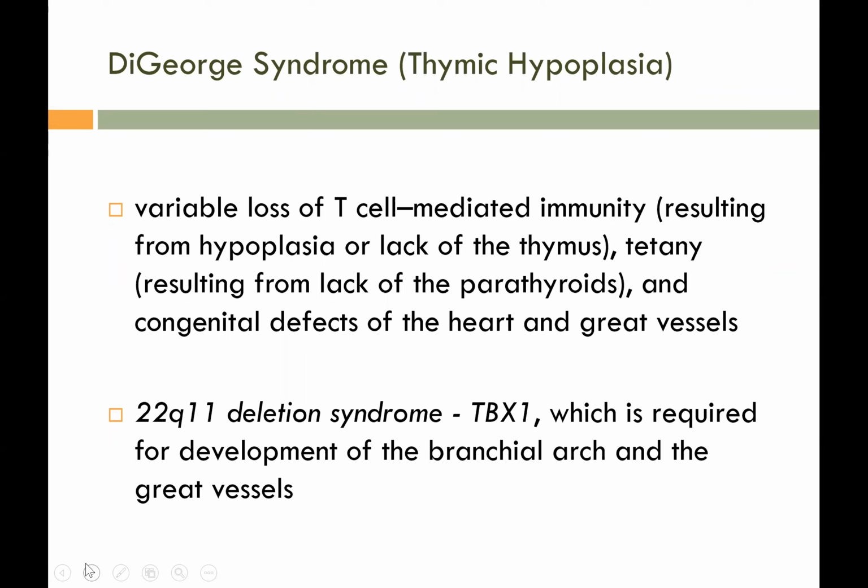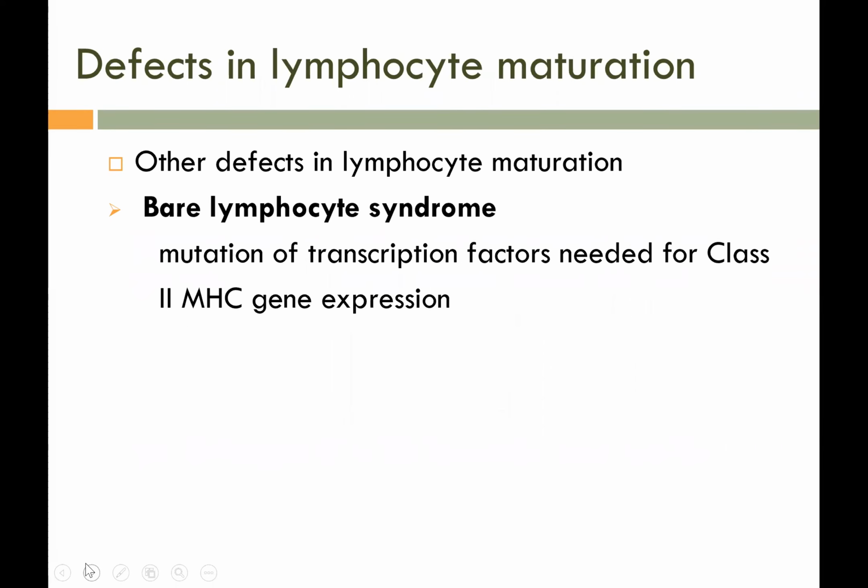So for DiGeorge, we're talking of T cell deficiency. We're talking of failure of development of the thymus. The third and fourth pharyngeal pouches give rise to the thymus and the parathyroids and some of the C cells of the thyroid. Because of the low level of opsonizing IgG antibodies, and because affinity maturation, a process necessary for production of high affinity antibodies, is impaired. So this is classic for your DiGeorge.